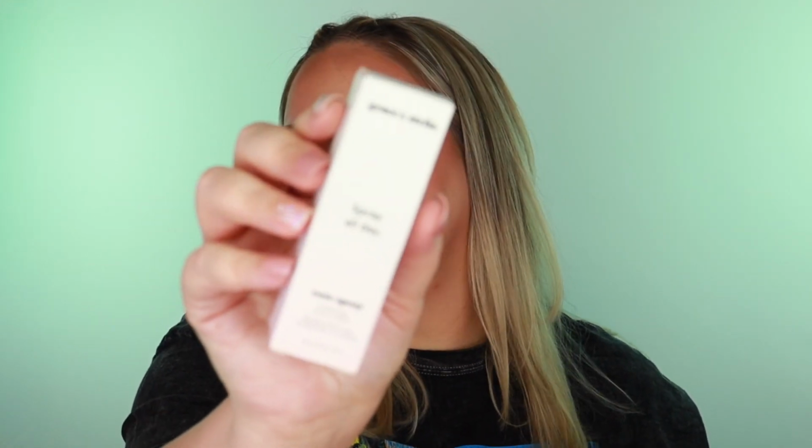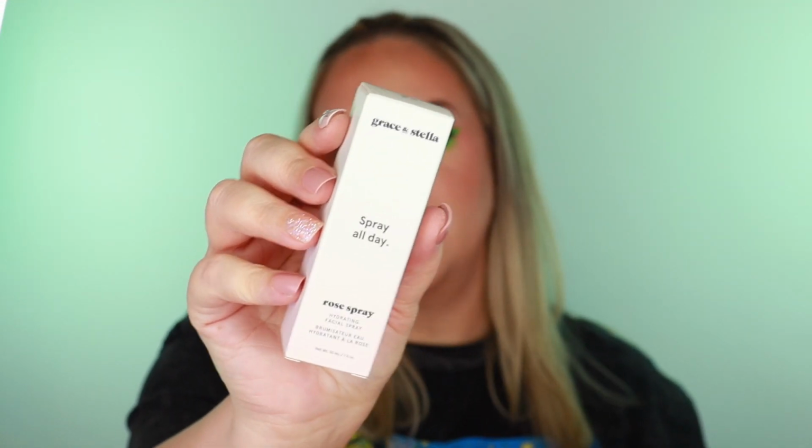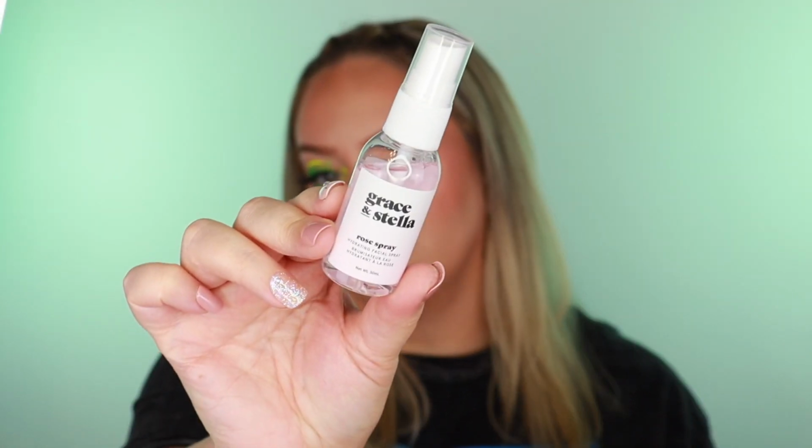All right, next up we got, this is from Grace and Stella, Spray All Day Rose Spray. So this is a hydrating facial spray. I've had kind of hit and miss with Grace and Stella. It's not a brand that I am super familiar with, and yet I've gotten several things, but this is a nice little size of a face mist. I love facial sprays. Honestly, the more the better. I love them. This one is rose. Rose is not my favorite. I'm not much of a floral kind of gal, but